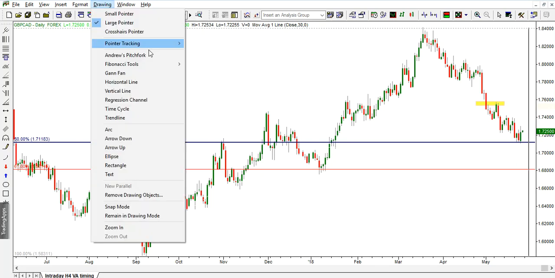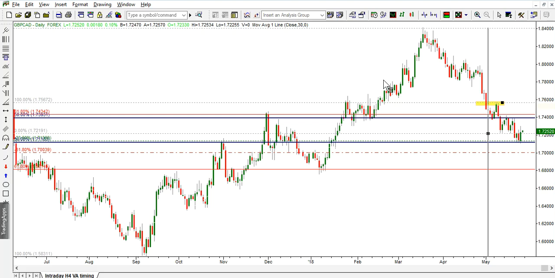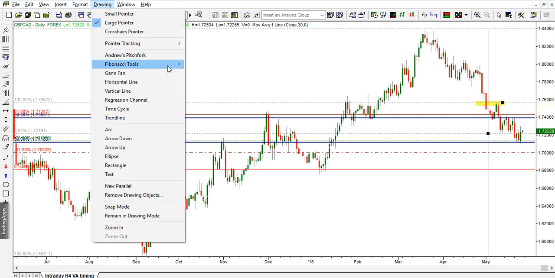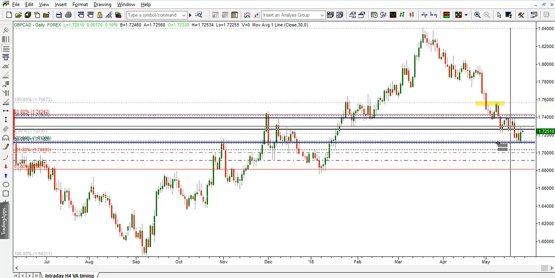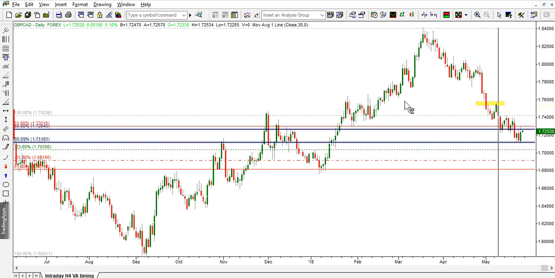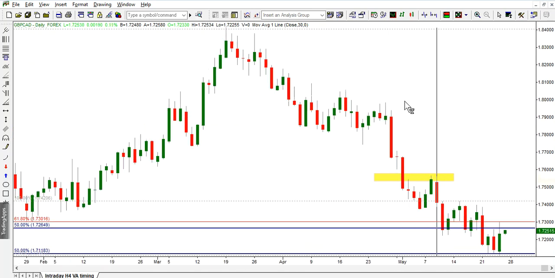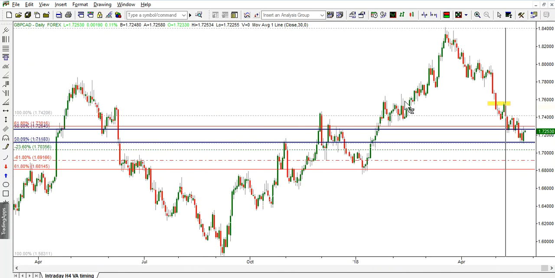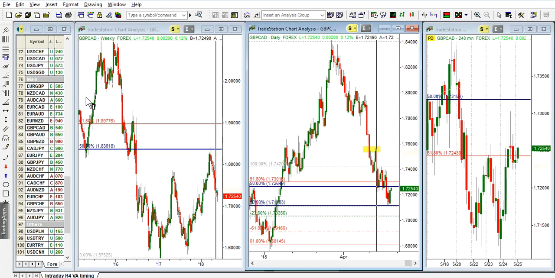So we need to find the sequence of measure moves for a confirmation here, the move higher, and we could use the traditional measure move here. Okay, that's going to be from highs to lows. There was an attempt to respect that level, and I will consider it respected for now. So above 133.01, this is a potential long here, which reflects weakness in the Canadian dollar rather than obviously strength